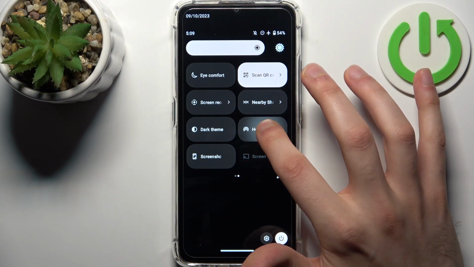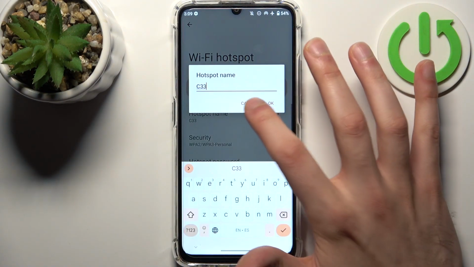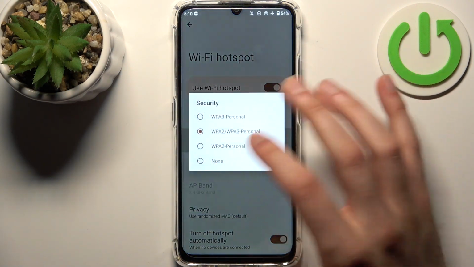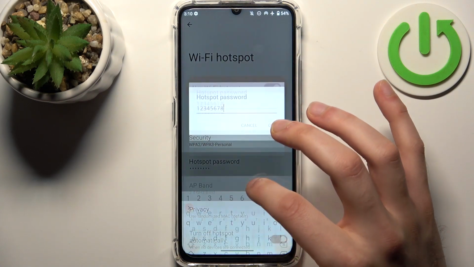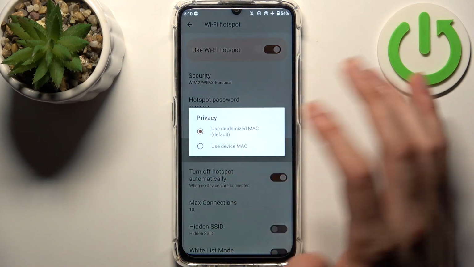By holding down your finger on it, you can access some of its settings. For example, you can change hotspot name, you can display QR code to instantly connect to your hotspot, you can change its security protocol, you can change its password, you can change its IP band, you can select